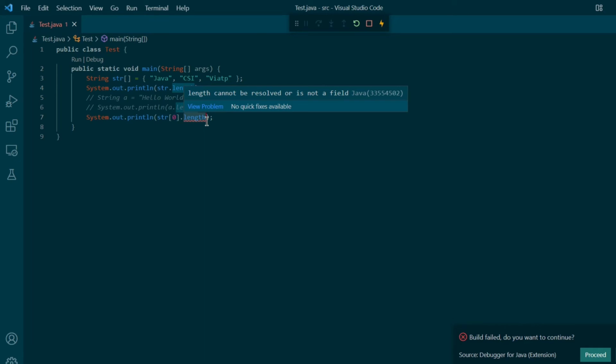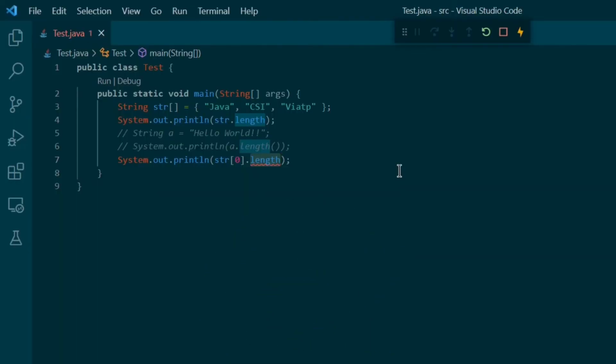Okay, so why does it happen? Java follows a certain set of rules. When we want to print out the length of the array, we don't have to provide these parentheses. It is very simple. You can understand it as a rule to code in Java.